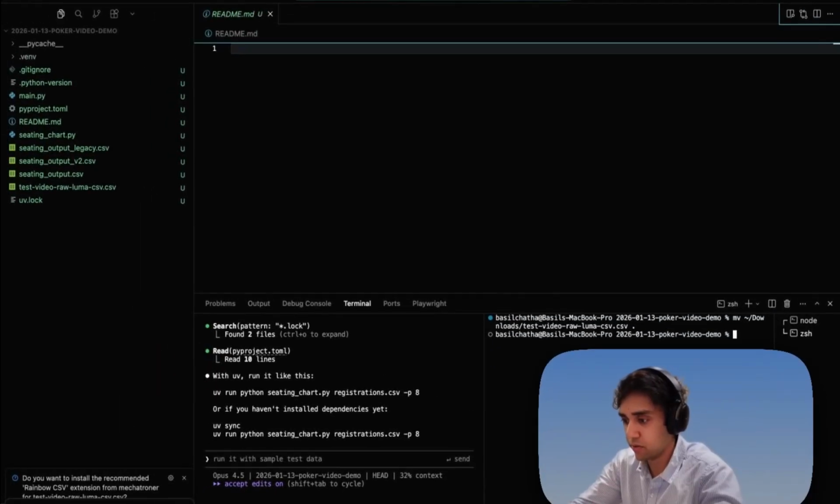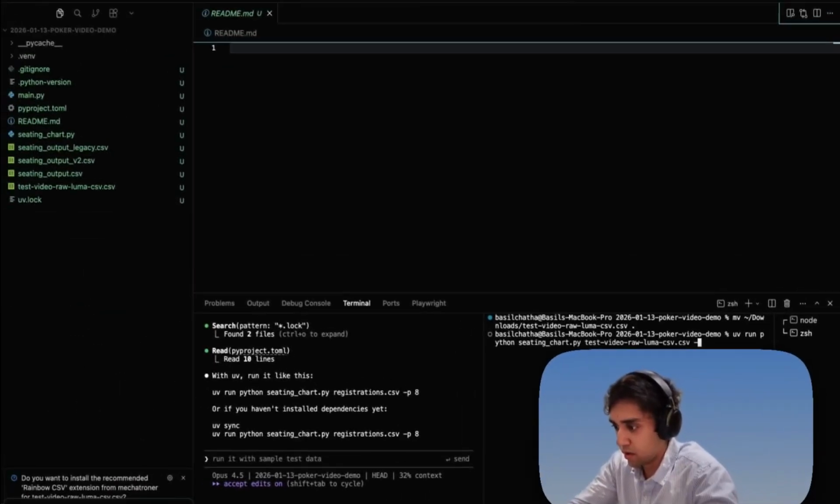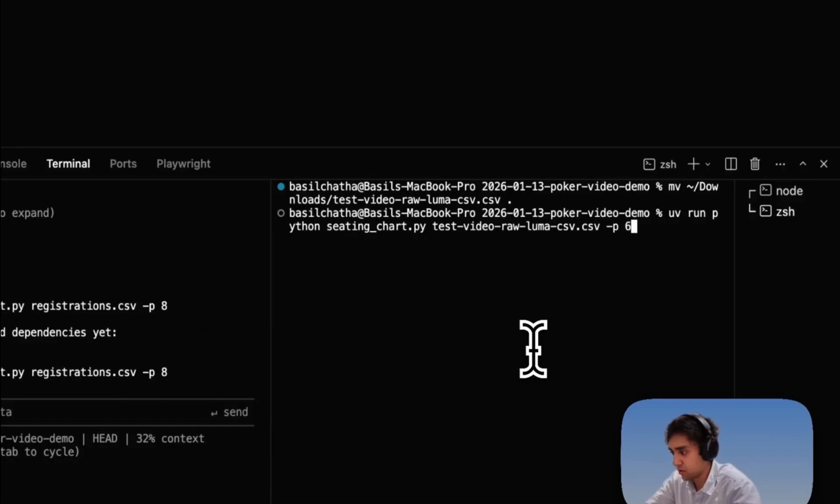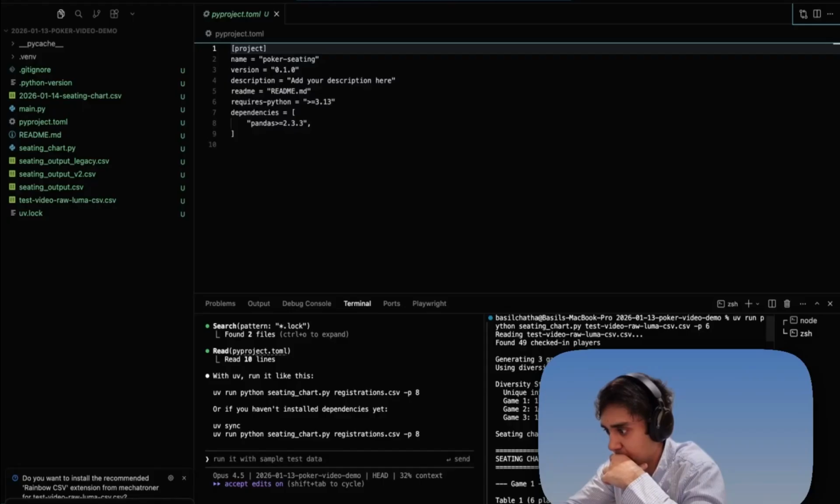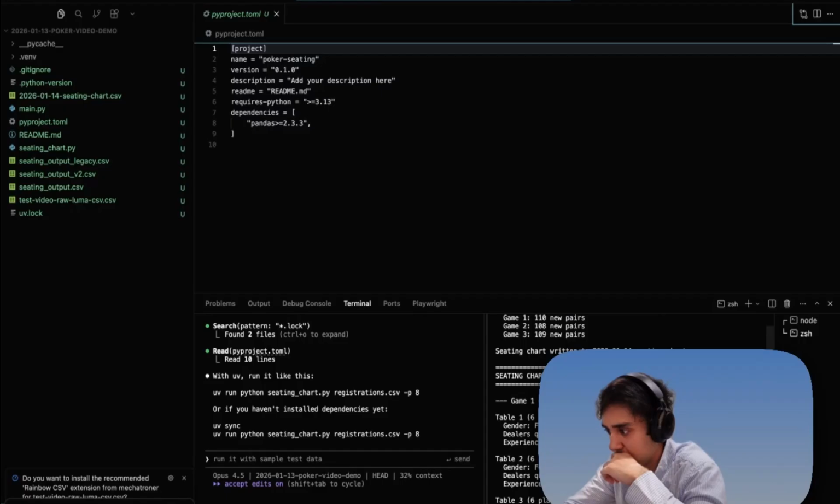Right, so let's go: uv run python seating_chart.py. The CSV is called test video raw luma, and I like 6 players per game, ideally. So let's see if we've installed dependencies. Okay, so let's run this. Okay, so it ran 3 games with 6 players per table using the diversity optimized algorithm, unique game interactions, seating chart,